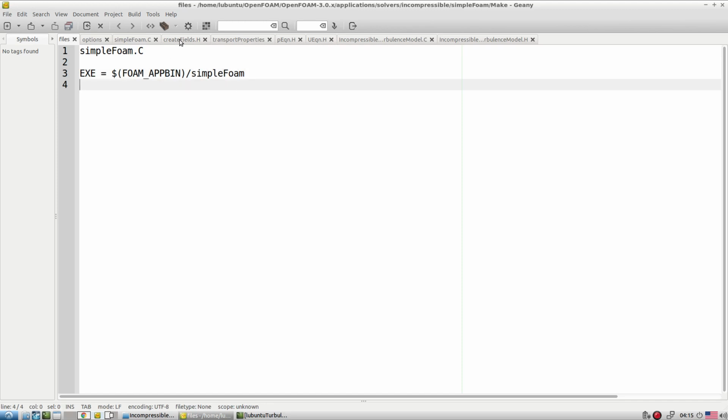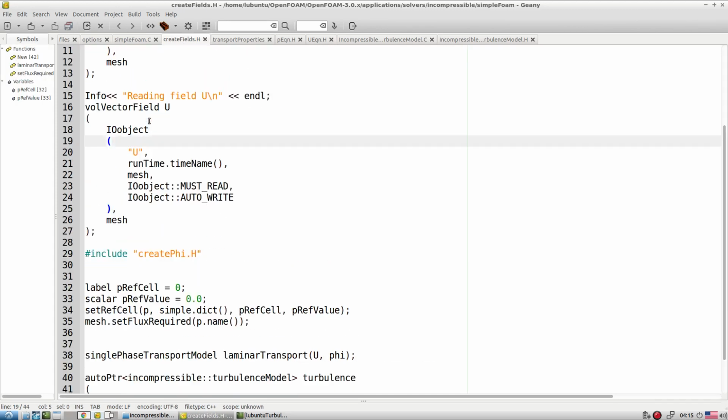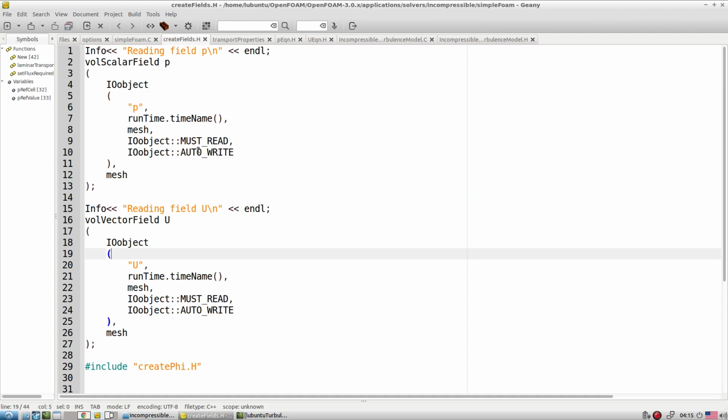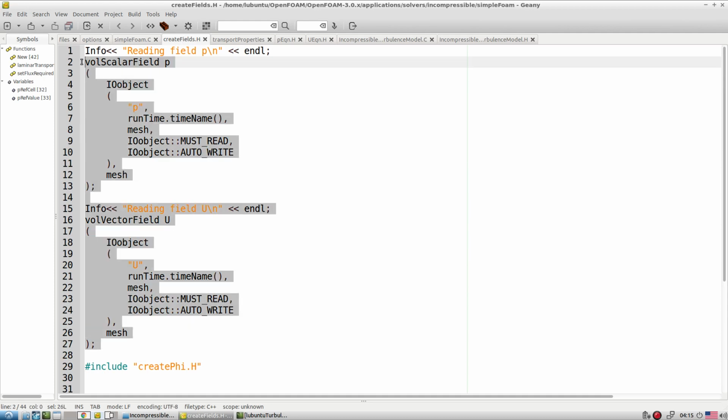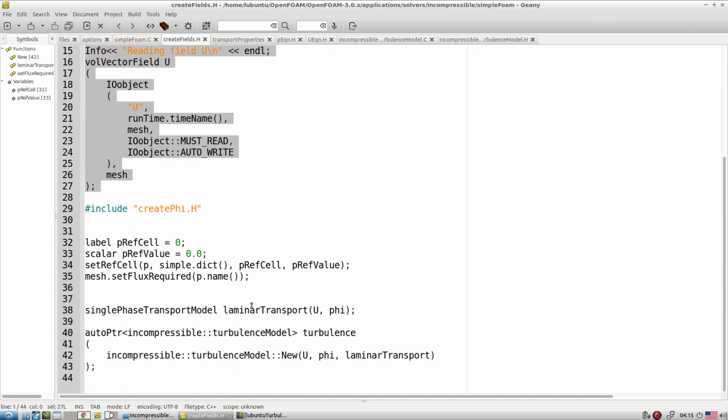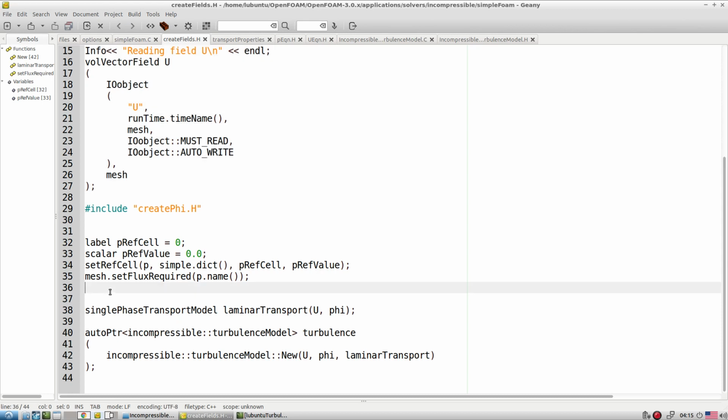In createFields, the required important variables, the field variables or the properties, we try to create from here. Here, if you see, we are not explicitly reading the transport property nu, but that is taken care of by this particular line, singlePhaseTransportModel laminar. With the help of that, it tries to read the inbuilt nu quantity. So we need not worry about that.